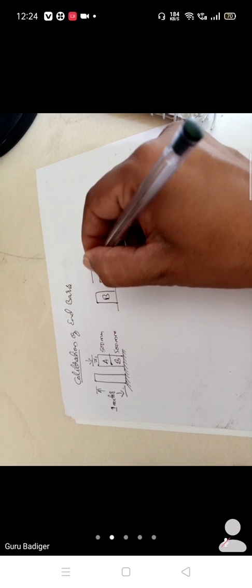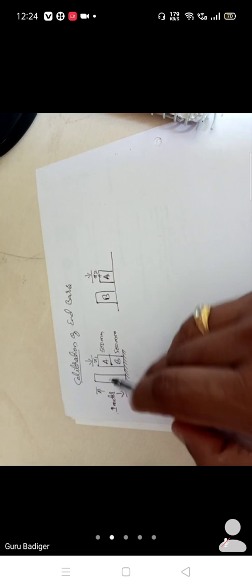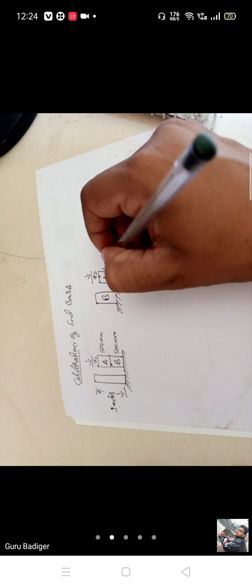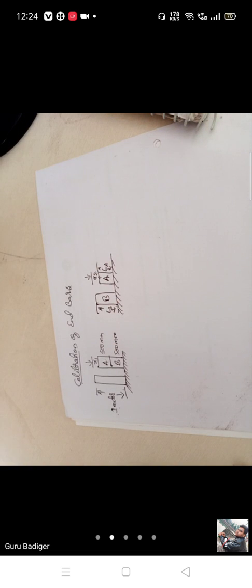So here, if you are comparing these two end bars A and B, you are having differences. When you compare bar B with bar A, again there is a gap between these two. Because of this, the calibrated meter bar is not equal to these two bars. This will be LA, this will be LB, right? So this is clear.